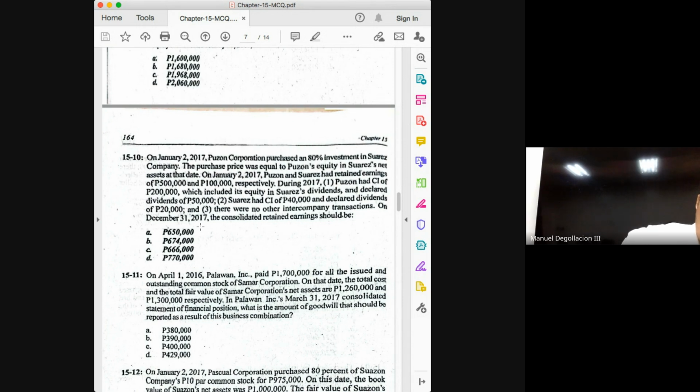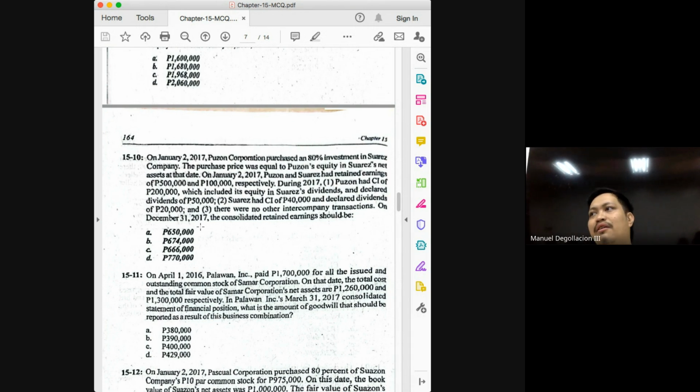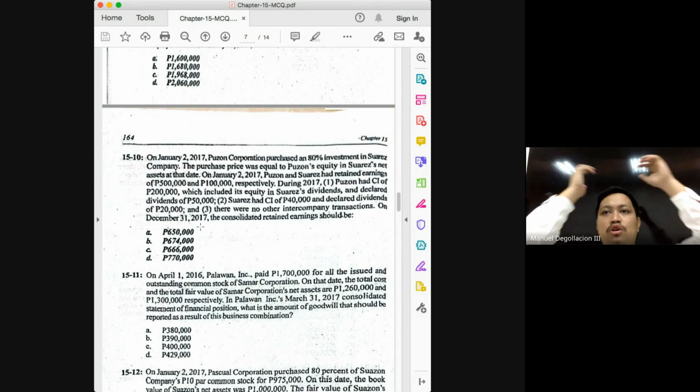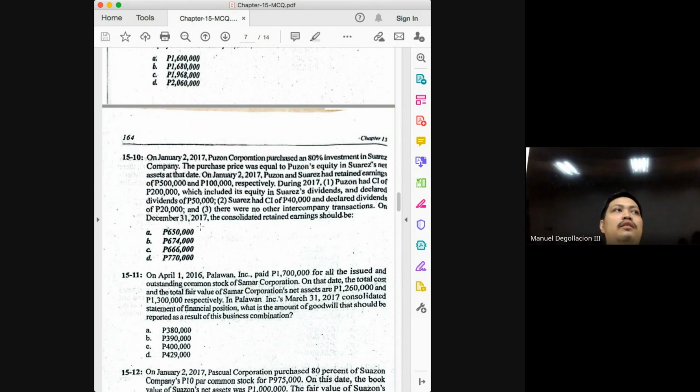The same is true for your consolidated retained earnings, class. Okay? But why would many students not realize that? Why would students not realize that your consolidated RE is just the same as your RE in your intermediate accounting? One possible reason, class, is that before this chapter, our answer for consolidated retained earnings had been very simple. Before this chapter, meaning in the consolidated financial statements at the date of acquisition, what was our answer for the RE, class, to be reported in the consolidated FS at the date of acquisition?